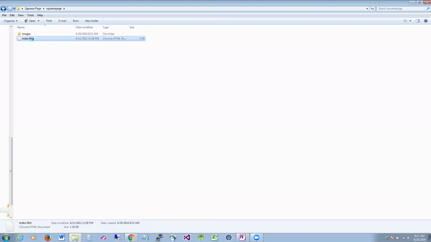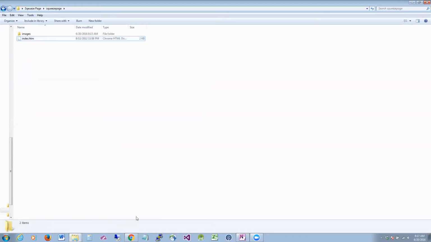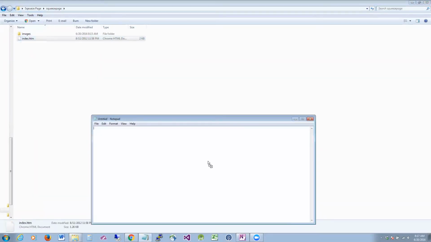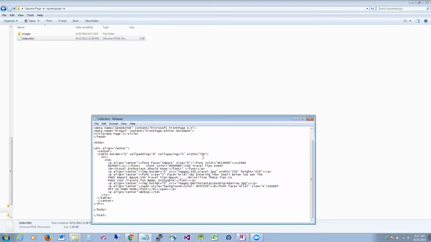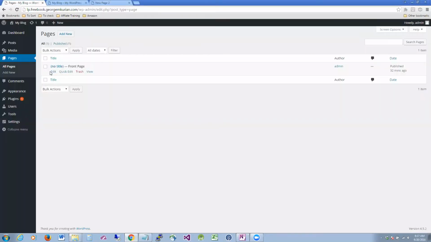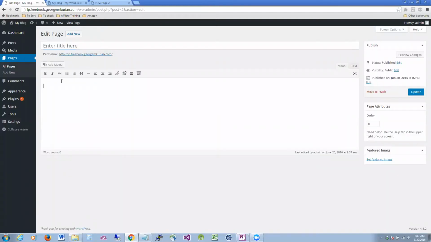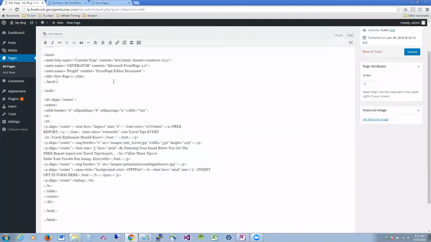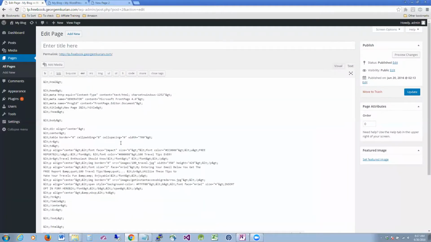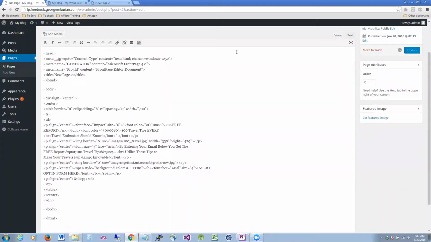So I will right click on this. Now let me open Notepad. That will be much faster. Yeah, it's a very simple HTML page. So I'll just copy it and go to my pages and edit. You know, I have deleted the title of the page, so there's no title there. I'll paste this, so you can see visually it will look like that. So if I update,